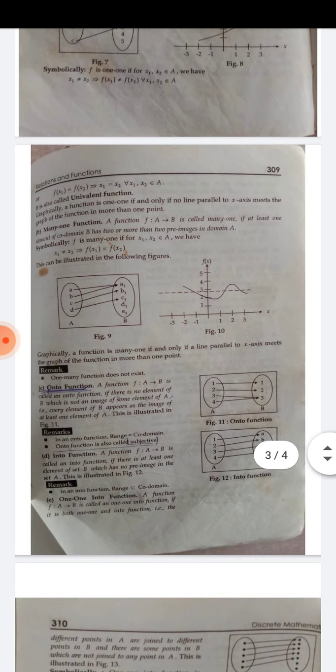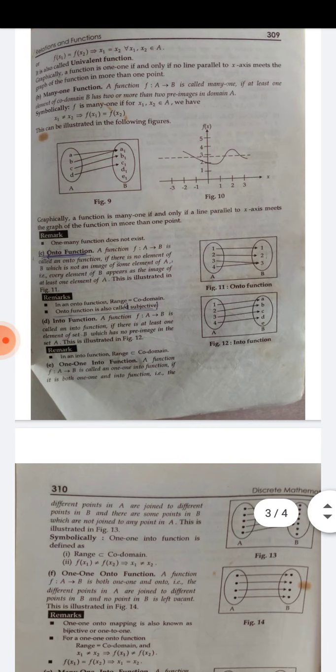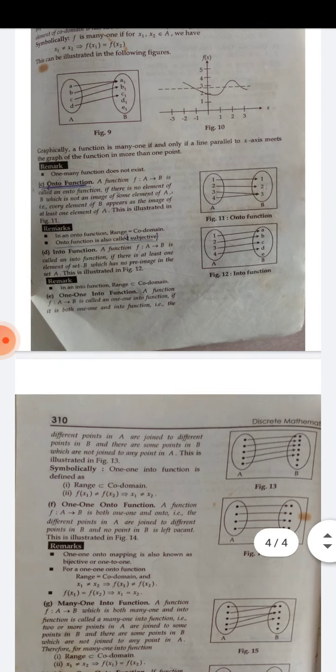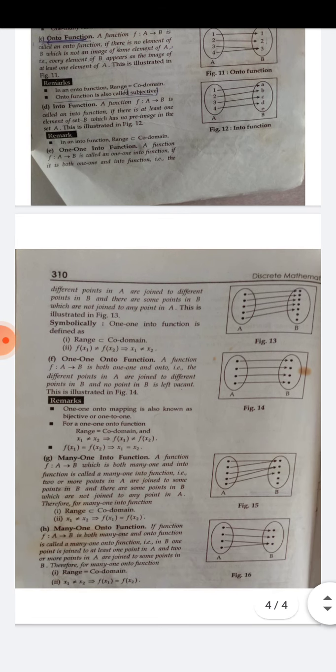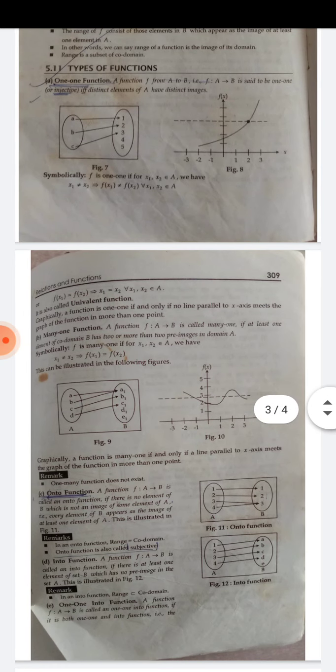It is an important topic, definitely it will be asked in the exam or internal also. I will give an exam. Types of function. Basically there are 4 functions: one-one, many-one, onto and into, and afterward we can combine 2 functions with each other, then it will become a further 4. Afterwards one-one into, one-one onto, many-one into, many-one onto. So in total there are 8 functions and basically there are 4 functions. The next 4 are combined with 2 functions each.